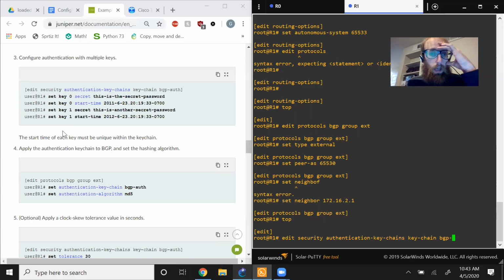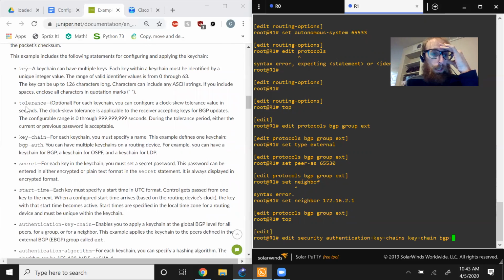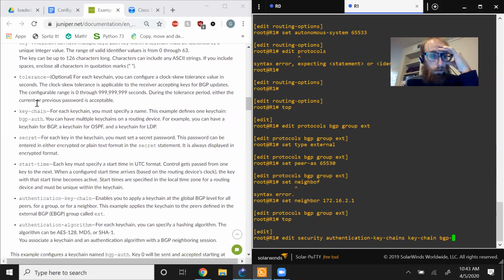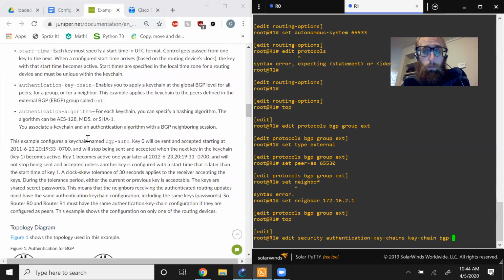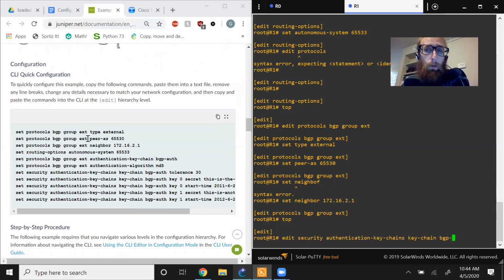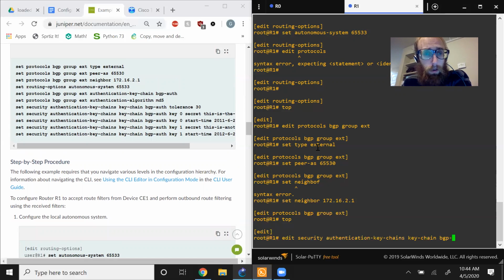So just understanding those upper level concepts of what a key is, a keychain, a secret, tolerance, start time, all these sorts of things. The algorithm that you use, the authentication keychain. It looks like there's two different kinds of keychains, authentication keychain and keychain. Just understanding what those mean really well is far more important than understanding what the commands are, because the commands are going to be different from version to version, but the concepts are for the most part going to be the same. And you will have some exceptions to that, like, for example,